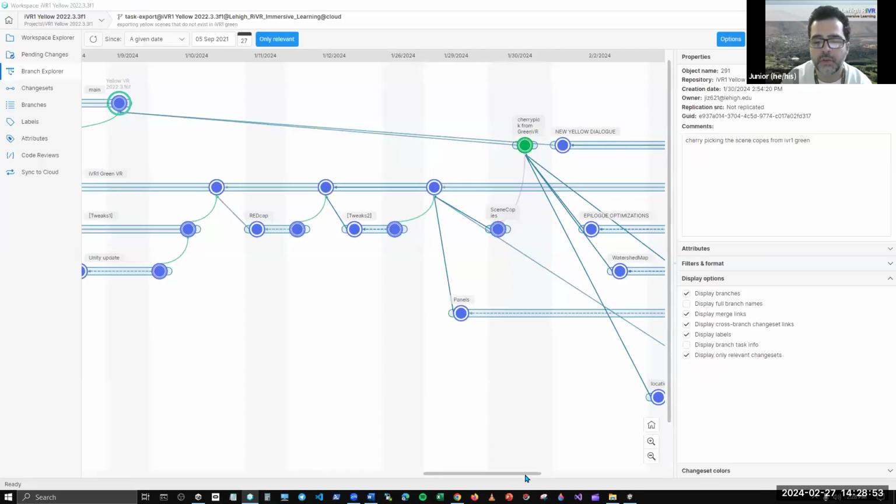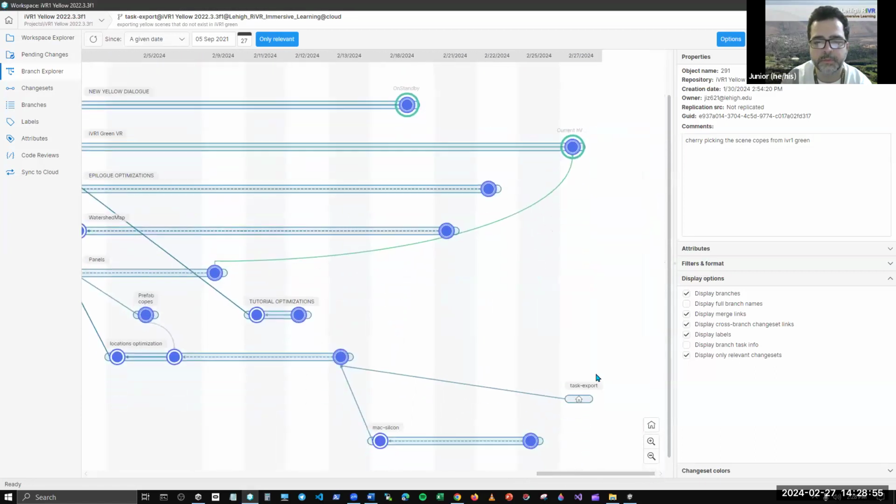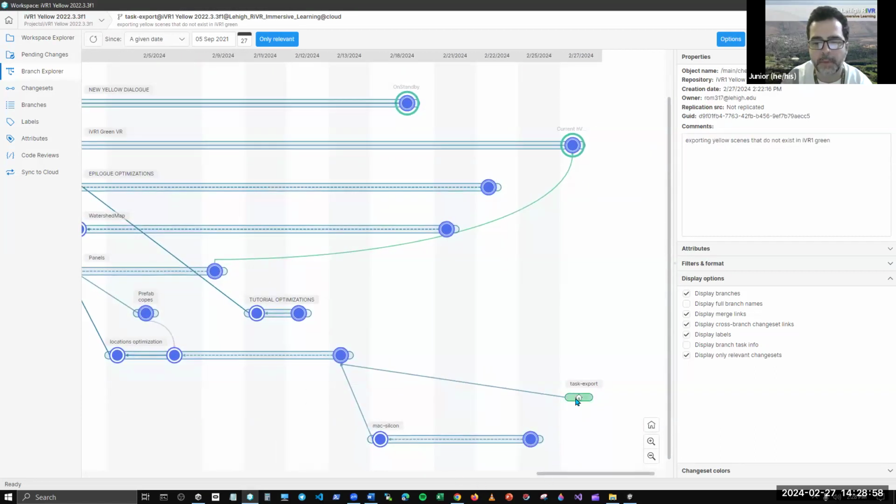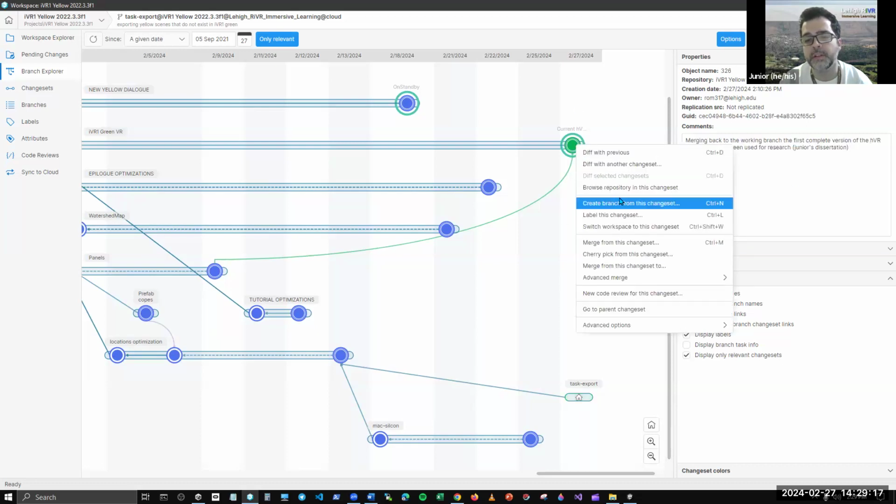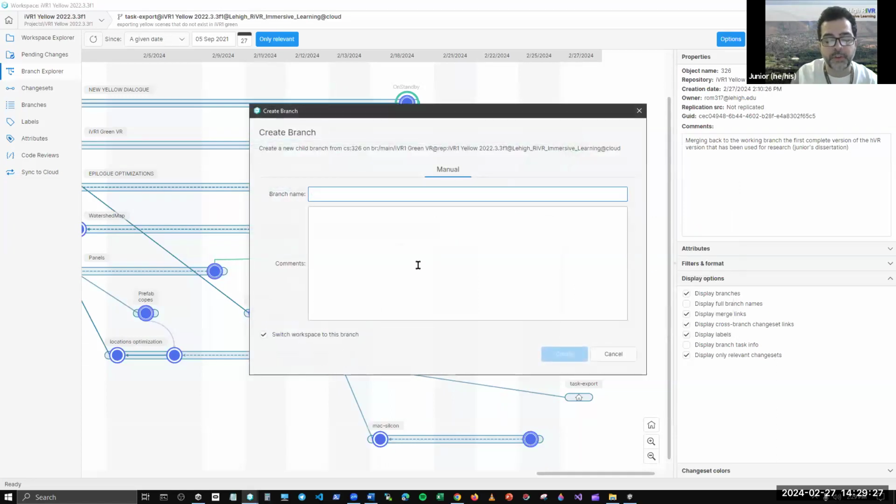Okay, just to confirm, my home computer is in the text export in the yellow working branch. What we are trying to cherry pick are the scenes from yellow that we don't have in green. I'm going to create a task branch in green just to receive this because we actually don't need them, right, in green. And it's always safer to have